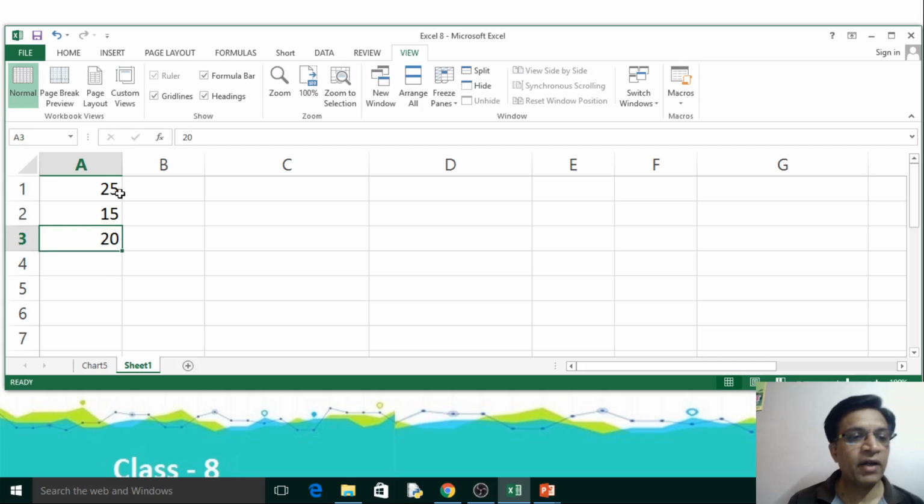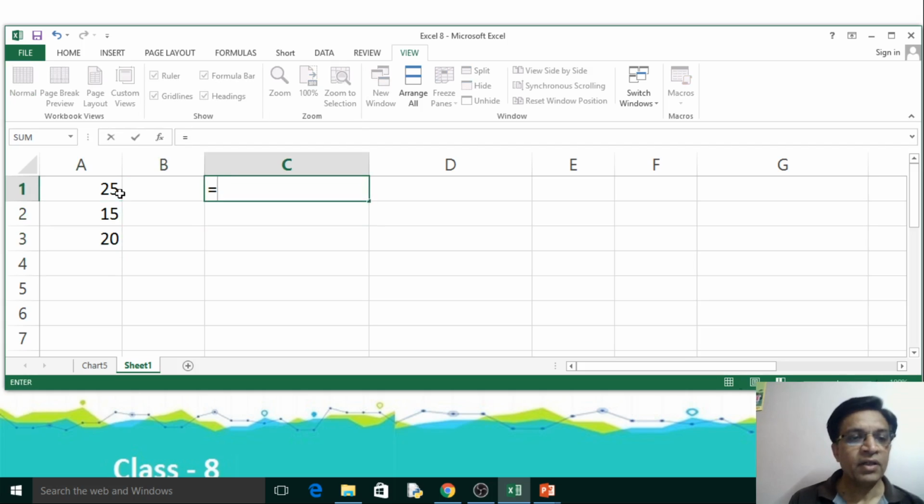So these are my cell values, and if in cell C1 I write equals A1, then A1 is called a cell reference. The address of cell A1 is used as a reference. It can be in a simple formula, or it can be used in a function.